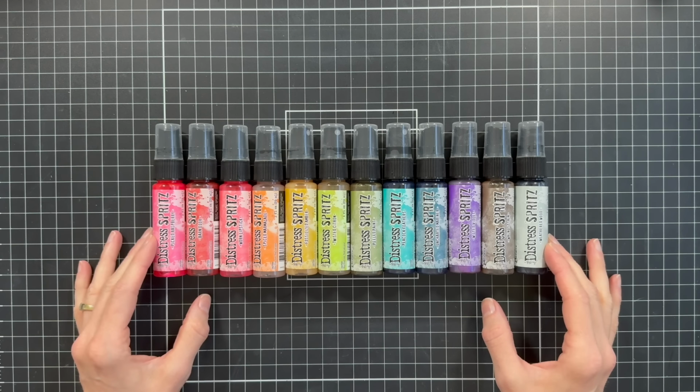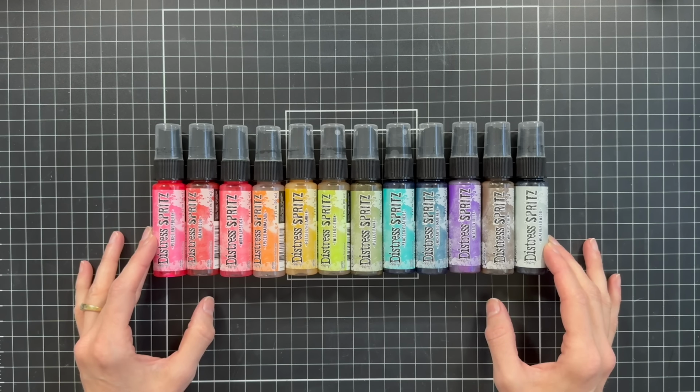So as you can see, it comes in a rainbow of colors, and by mixing and matching these, you can expand your color palette infinitely, especially when you start layering this product with other mediums, including Distress ink, Distress oxide, Distress paint, texture pastes,